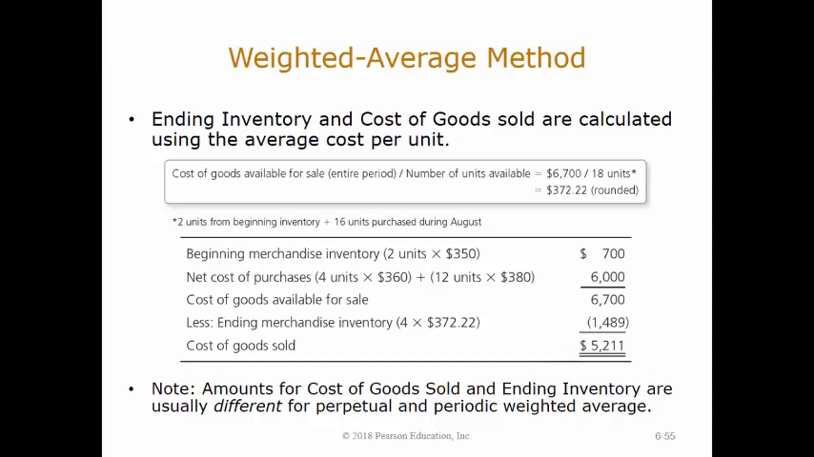To estimate the cost of ending inventory, we multiply the weighted average cost per unit by the number of units in ending inventory, or $372.22 times 4, which is equal to $1,489. The cost of goods sold is determined by subtracting the ending inventory, $1,489, from the cost of goods available for sale, $6,700, to arrive at cost of goods sold for the period of $5,211. This is the conclusion of the presentation on Chapter